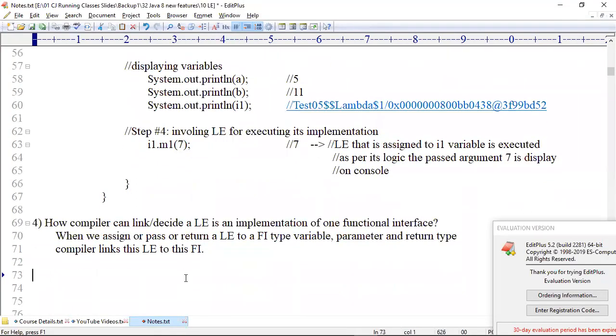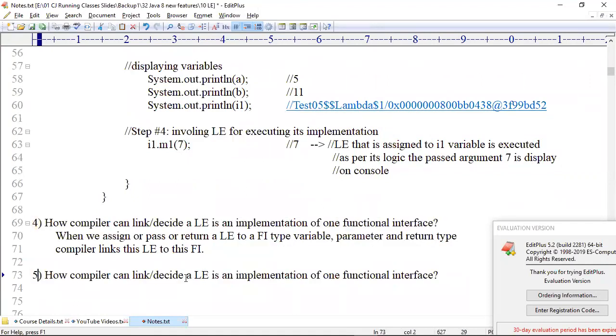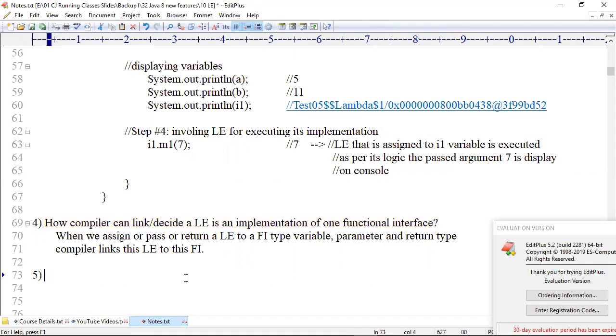Blindly it will do, or will it do any verifications? What verifications will the compiler do? What syntax rules are applied in linking a lambda expression to a functional interface? Tell me, lambda expression contains what? Only parameters. With the parameters' help, it will link.